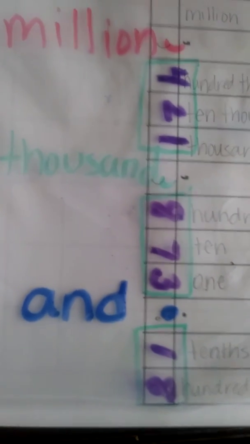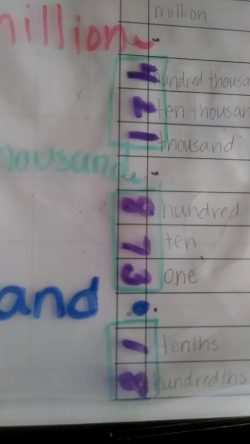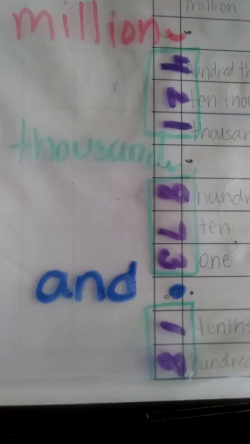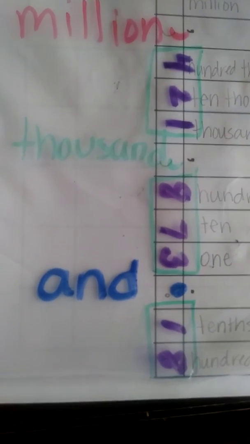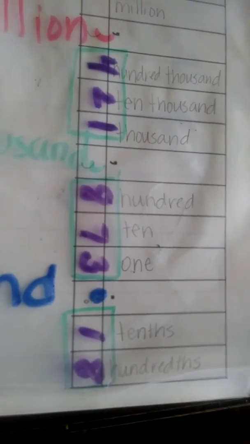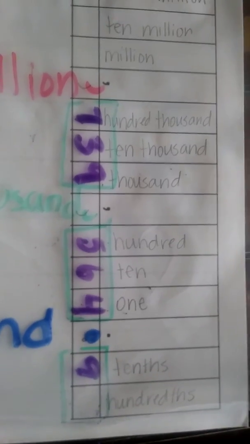So now when I get to the decimal, remember we have to say "and." So 421,873 and here's my next group. 18. 18 hundredths because it's in the hundredths place. Okay, let me give you a different example. All right, here's the